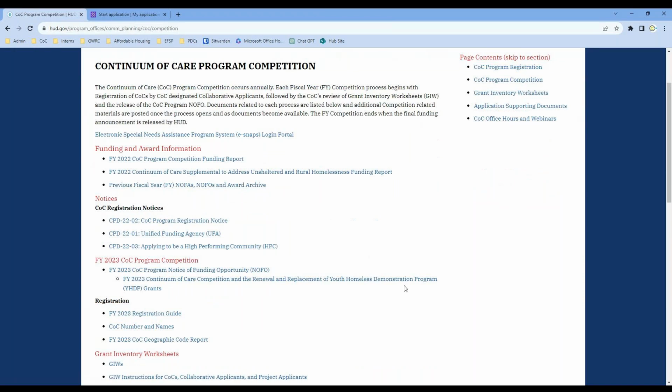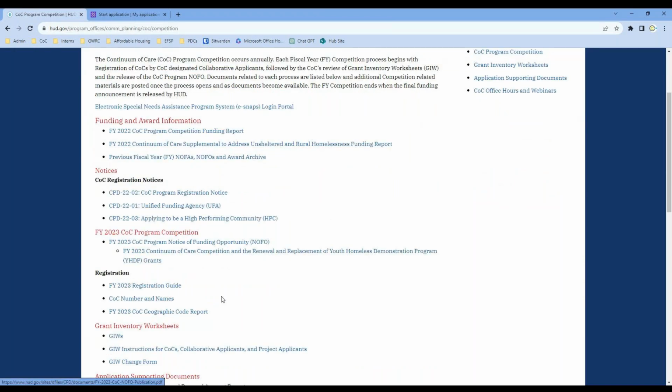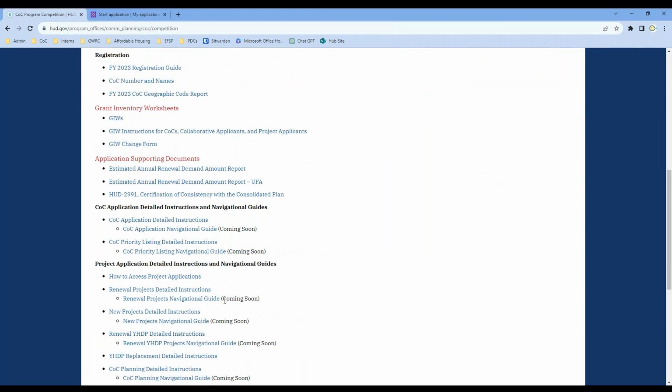You'll see here you can find a copy of the NOFA, our registration guides for how you actually do that, lots of project application details and navigational guides. So the navigational guides have not been released yet, it looks like, but they're going to actually walk you through getting to those pages in the system. In the meantime, if you need help, just let me know.